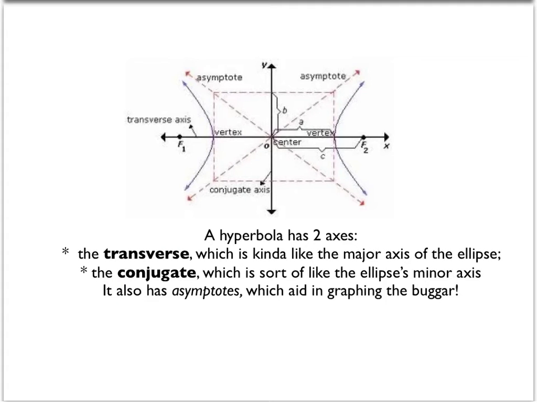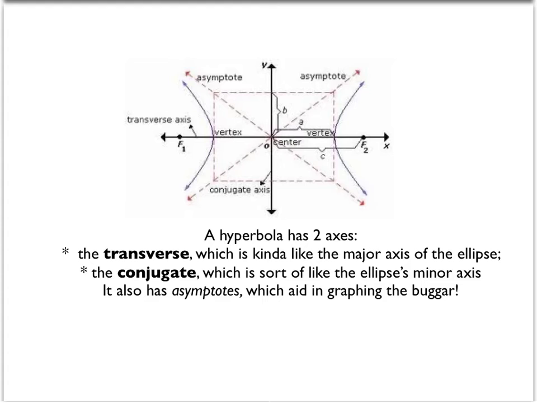Now here's a picture of, once again, a hyperbola that has a horizontal orientation. And it has two axes, similar to the ellipse, which has the major and the minor axis. The hyperbola is slightly different, though. The major axis is sometimes referred to as this transverse axis. And the conjugate axis, there's that funny word conjugate again, is kind of like the ellipse's minor axis. So generally we will refer to this transverse axis with a, like a squared, and the conjugate axis is b